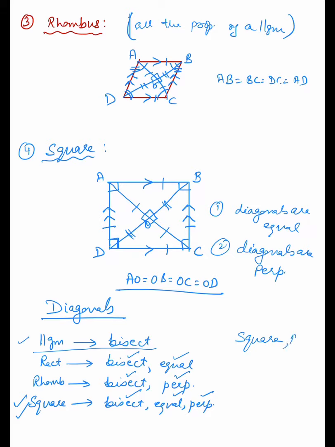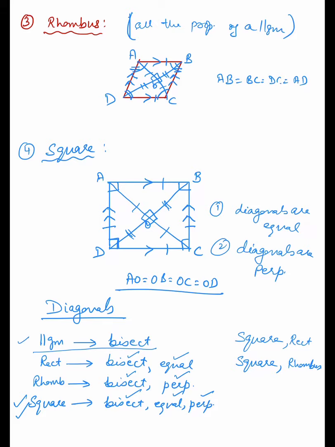That was a rectangle. Now if I ask name two quadrilaterals in which the diagonals are perpendicular, again maximum properties are there in a square, so square will anyway be there in that answer. Along with that, perpendicular diagonals are there in a rhombus. So this is how you just have to remember the properties of all these quadrilaterals. Coming to the angles.